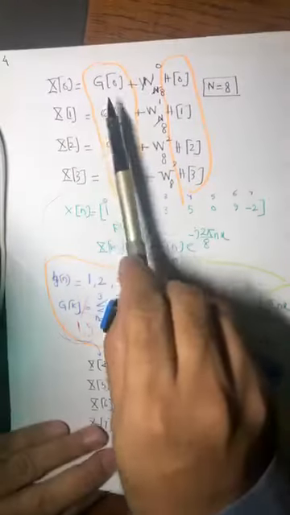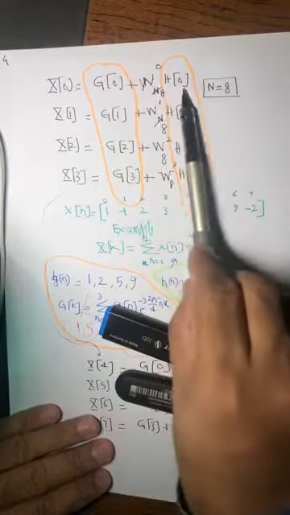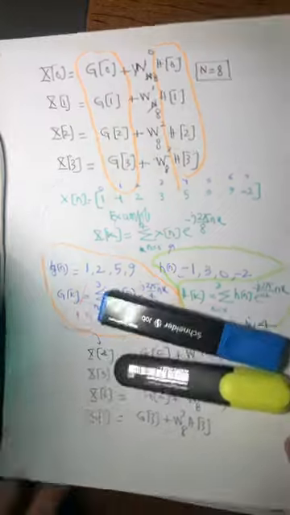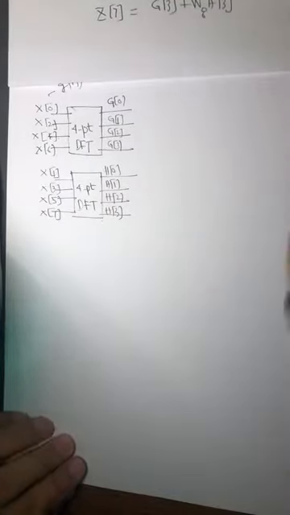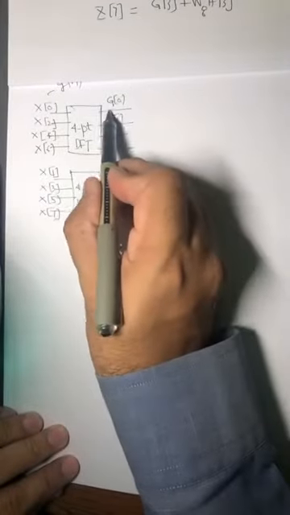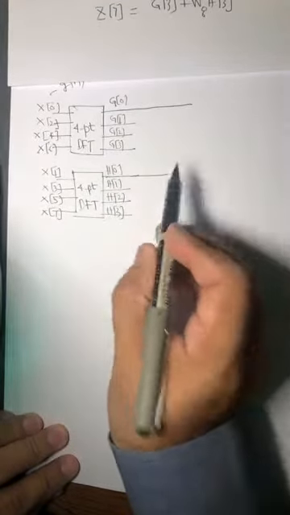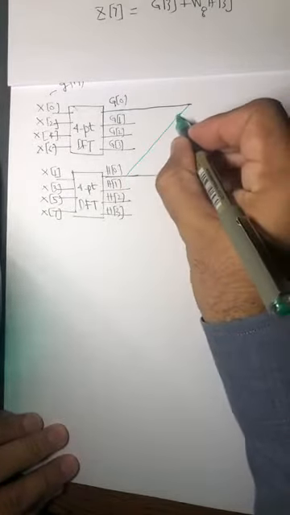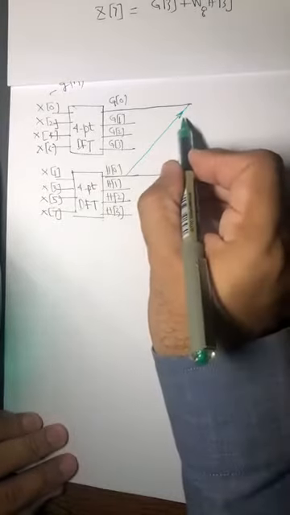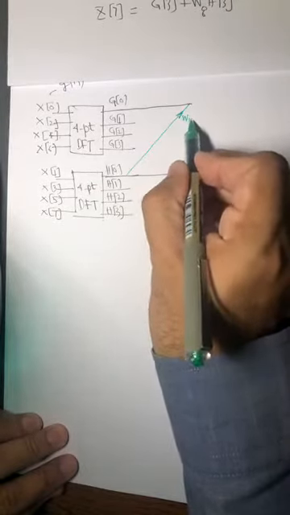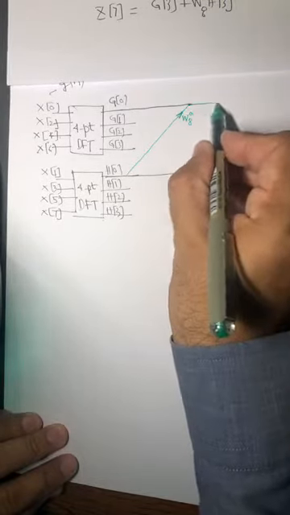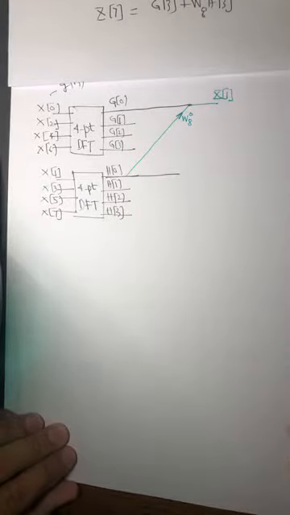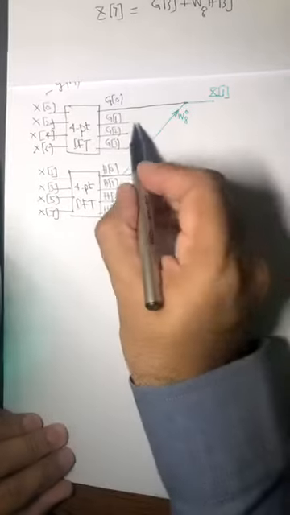So for X of 0, you need G of 0, you need W8^0 and H of 0. For X1, you need G of 1 and H of 1, and you are combining it using the twiddle factor. So if you try to plot this, this is G of 0, this is H of 0, and you take this H of 0 up, and remember the signal flow notation. This is a multiplication, so you multiply it with W8^0 and add them together, and you get X of 1. Similarly, you have G of 1